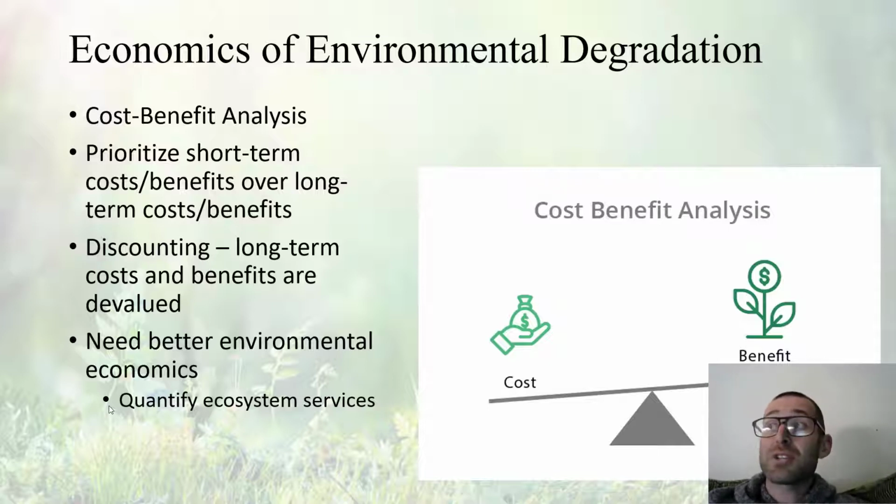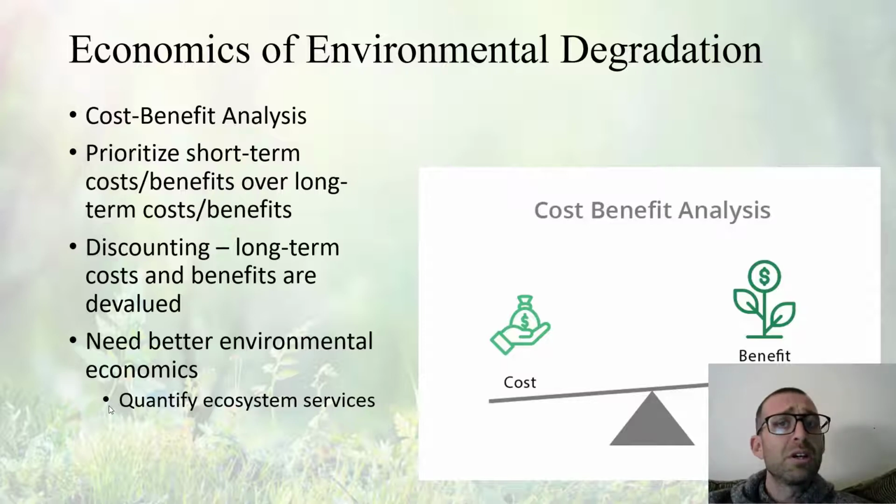It's in all fields, not just energy production, but farming, right? Agriculture. Let's add more fertilizer. Let's add more pesticides. Even though a lot of that stuff is going to run off into the water, it's going to lead to huge dead zones and affect all these other aspects further away from where I am and further in the future, right? You don't put as much stock in them because it's happening in the long term or in the distance, and we discount that, right? So it's a real problem, and it's something to be aware of when we start talking about some of these problems, right? Why is some of this stuff happening? Well, one of the reasons is we discount these long-term costs or benefits.